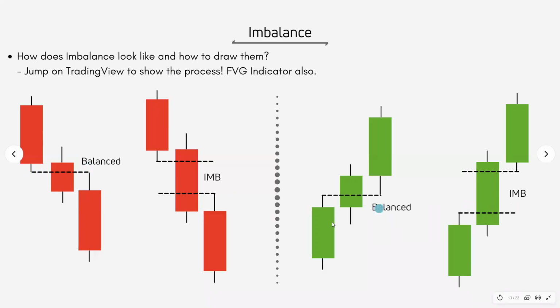And the same for an uptrend. We have a push, little candle, the next candle opens, fills that balance right here, balances the price, fills the empty space, and then it goes. But right here, we have this big candle, and then the next one goes straight up, leaving empty space right here, which is basically your imbalance.